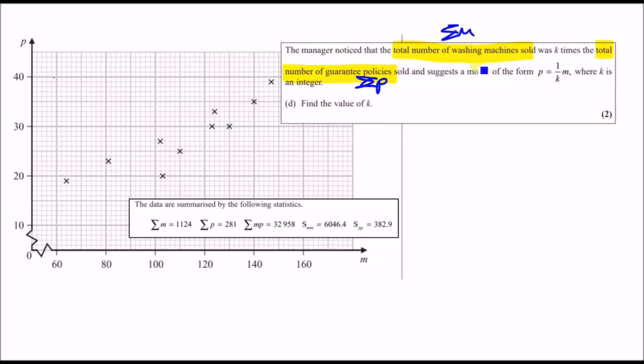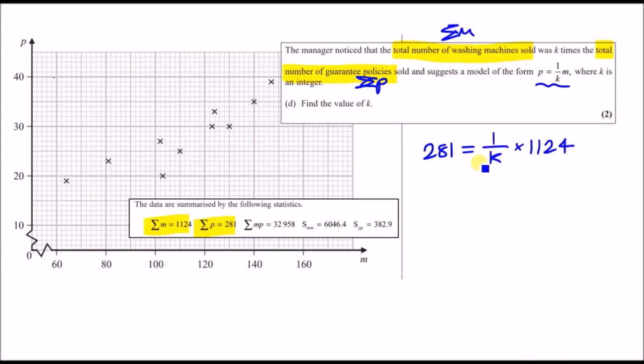Okay, so this formula, I can't lie, is a bit weird, but what it really wants us to do is to find the value K by using the total numbers of both. Since we know the values of the sum of M and the sum of P, given here, we just have to substitute these values in and find K. So the sum of P is 281, which equals, looking at this formula, 1 over K times the sum of M, which is